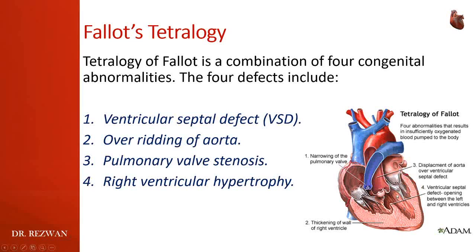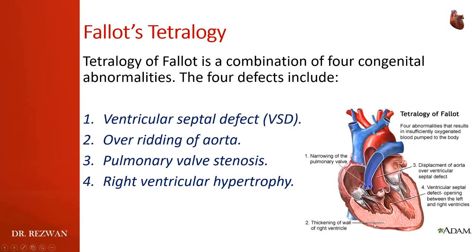blood is coming from the left ventricle to the right ventricle because the left ventricular pressure is higher than the right ventricle. So there will be an excessive amount of blood in this right ventricle, and due to the excessive amount of blood there will be increased workload at the right ventricle. So the right ventricle needs to work more and more to pump out this excessive amount of blood to keep the heart normal. So due to the increased workload, the wall of the right ventricle is now very thick,